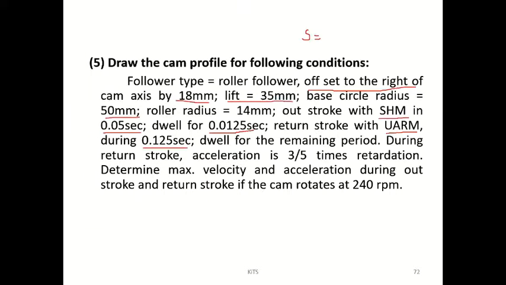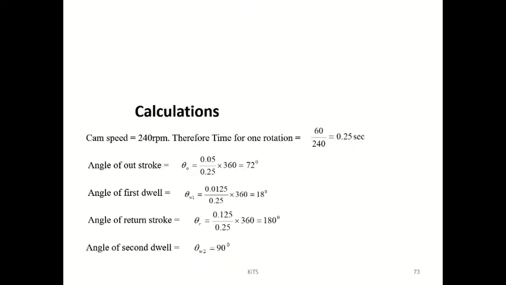And they are given speed of the cam. Speed of cam is 240 rpm, 240 rotations per minute. So in 1 minute it will rotate for 240 times. So in 1 second,